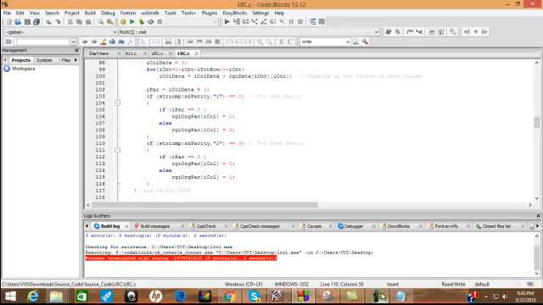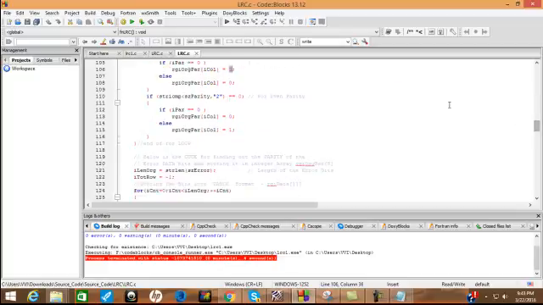Now for odd parity, we first check the condition whether the parity is 0. So when there are 3 zeros, obviously parity is 0. So for odd parity, if the number of ones is even, then only the parity is 0, otherwise it is 1. So for the first case, for 3 zeros, the parity will be 1. Now for even parity, it is exactly the opposite. So if there are an even number of ones, we know that the parity will be 0, otherwise it will be 1. So if in one case there is 1 0 0, in that case the parity will be 1.